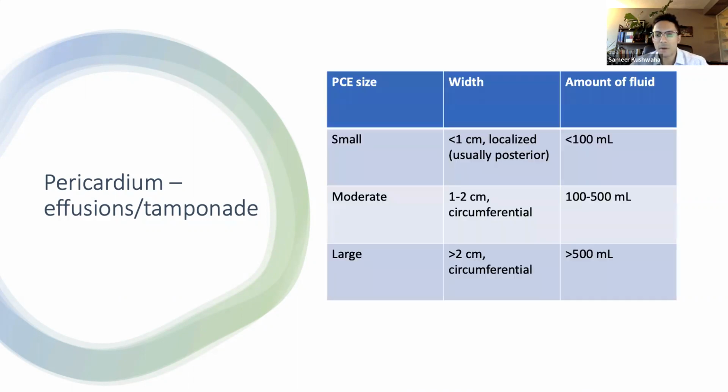When we talk about the size of a pericardial effusion, we have these general categories. There's also trivial, which is essentially an effusion that disappears at the end of diastole. And then we categorize them into small, moderate, and large based on whether they're less than 1 centimeter, 1 to 2 centimeters, or greater than 2 centimeters. A moderate or larger effusion is generally circumferential, although in trauma and in perioperative situations, it can sometimes be more focal. And the size of the effusion roughly corresponds to the amount of fluid that we expect there to be in the pericardial space.